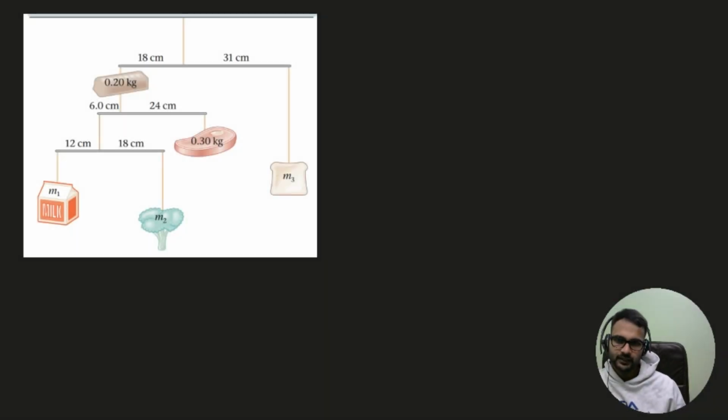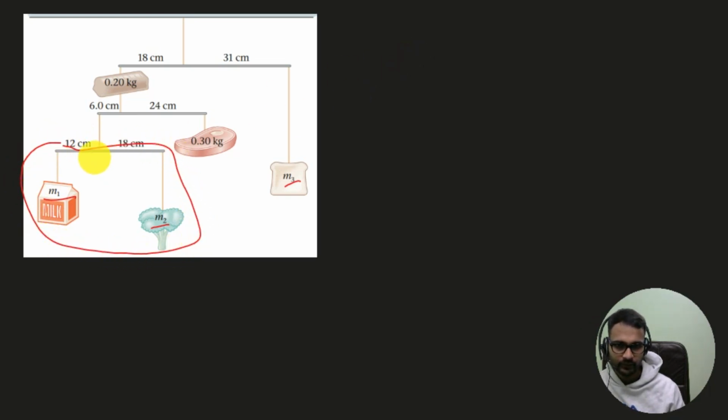Now consider that a student is constructing a mobile that you can see here that represents some of the major food groups. Now their completed artwork is shown in this figure. Now our task is to tell what should be the mass M1, M2, M3, so that the system is perfectly balanced. We can assume that this string and horizontal rods have negligible mass. Now if you apply the zero torque condition for this system,